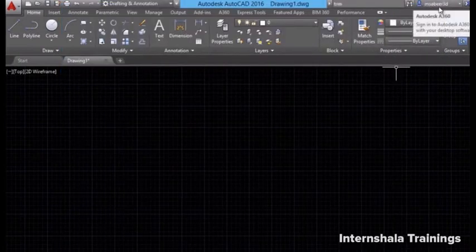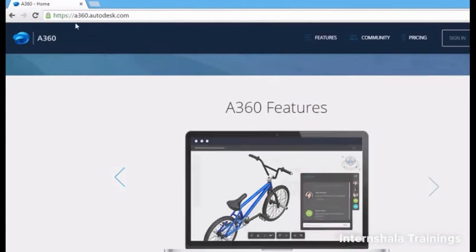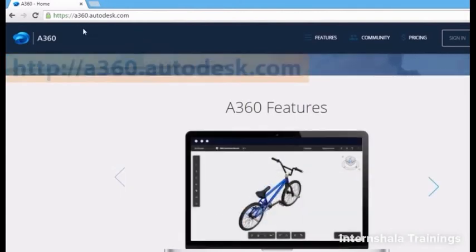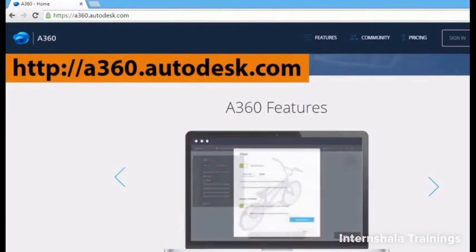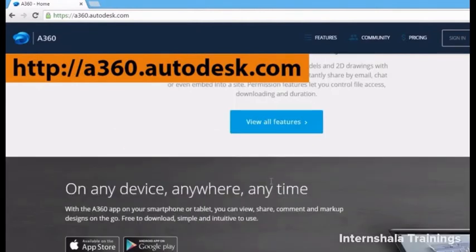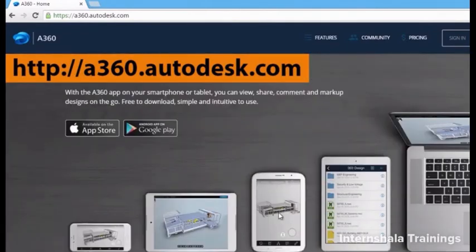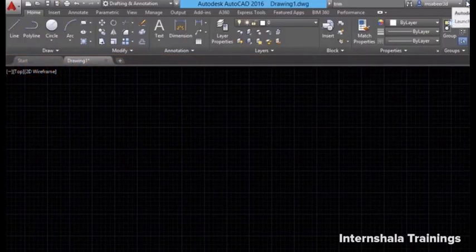And over here, I have already logged in to my user account in A360 Cloud Storage. And if you want, you can just register your user account in a360.autodesk.com. You can get a free account from the site. You can also install Autodesk 360 app in your Android and Apple devices. When you click on this button, you can install apps that will work inside AutoCAD software, and when you click on this button, you can stay connected with the Autodesk community to exchange information.